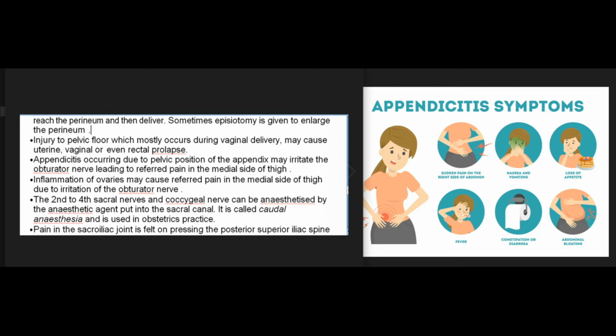of the obturator nerve. The second to fourth sacral nerves and coccygeal nerve can be anesthetized by the anesthetic agent put into the sacral canal. It is called caudal anesthesia and is used in obstetrics practice. Pain in the sacroiliac joint is felt on pressing the posterior superior iliac spine present in a dimple on the